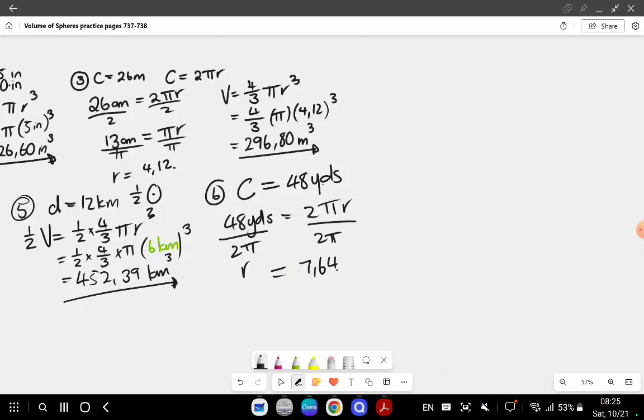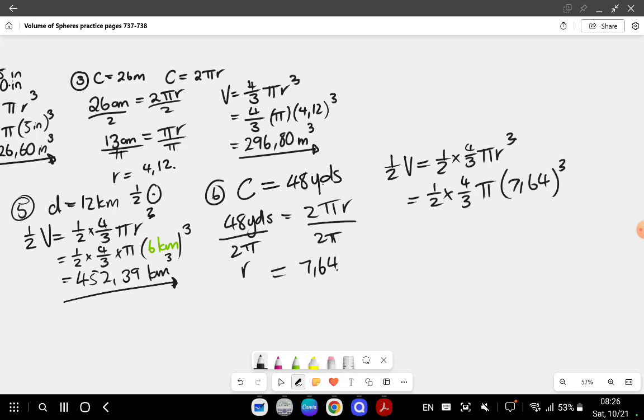Now, this is a hemisphere, which means it's half of the volume of a sphere, which is a half times 4/3 pi r cubed. And that becomes 1/2 times 4/3 times pi times